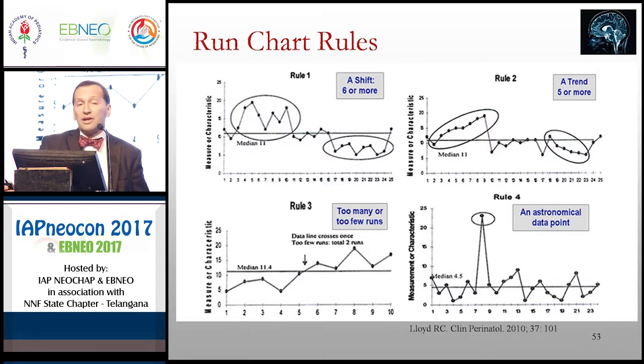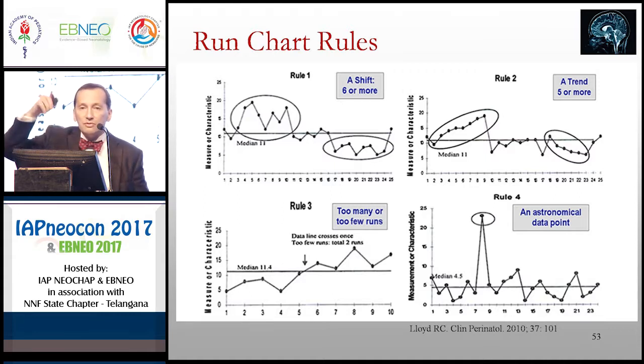So what we do is just apply 4 simple rules to that simple chart. If the dots on your chart shift so that there are several in a row below the median, then that's special cause variation. Something has happened in rule 1 to change things. Or they might all be going in the same direction. 6 or more, or 5 or more dots might be going in the same direction. Something has happened to have that start. And in fact, we know that from a probabilistic standpoint, the chance of that happening is less than 5% if it was a completely random process.